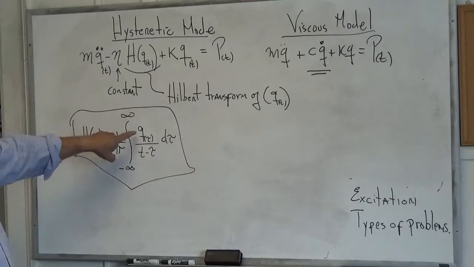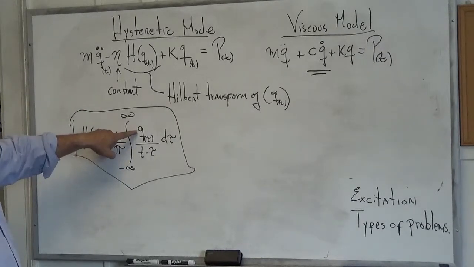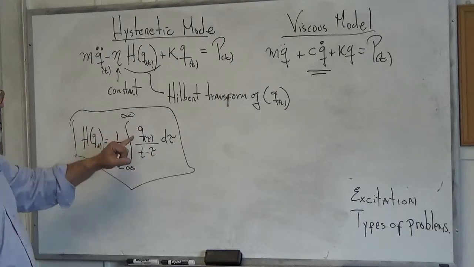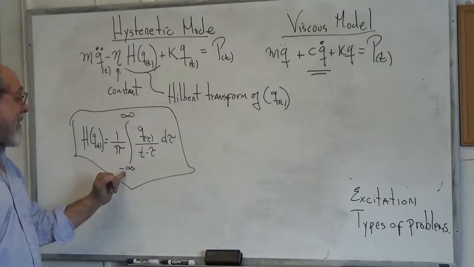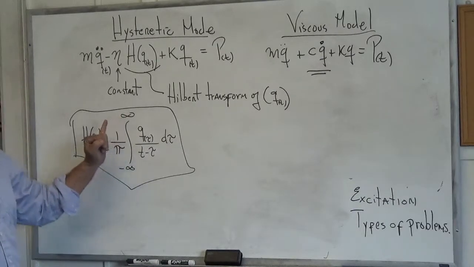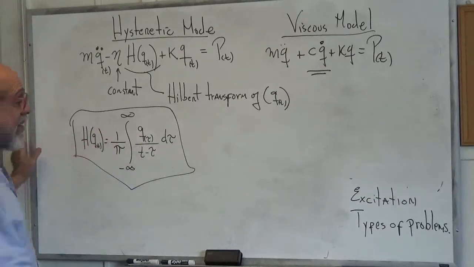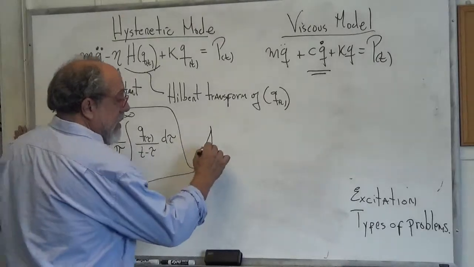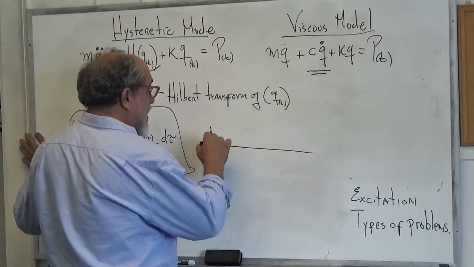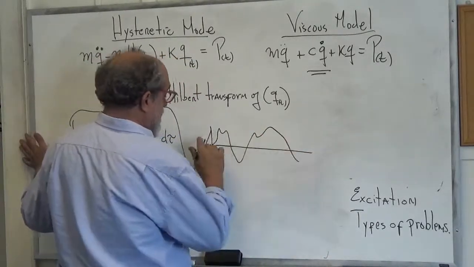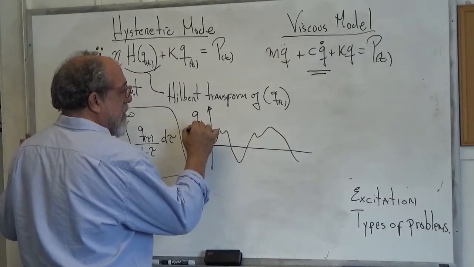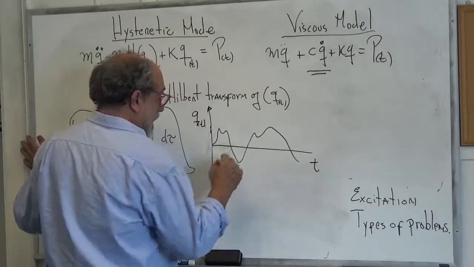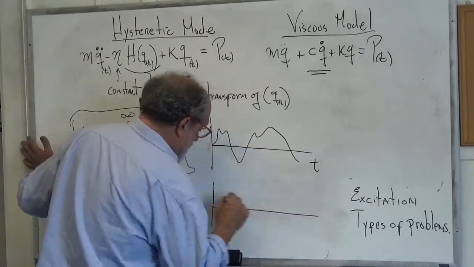This integral depends on the history of the displacement, and now you say this doesn't even make sense, because it says that it depends on the history of the displacement for all past and for all future of the displacement. That means that if the true displacement is this, Q as a function of time, and this is time, and this is the damping force,